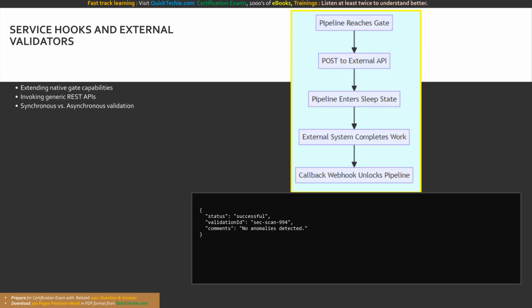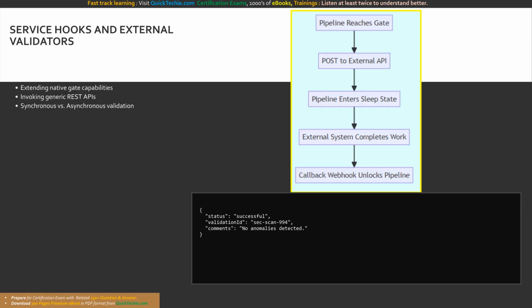It is crucial to understand the distinction between synchronous and asynchronous validation in this context. A synchronous gate makes an API call and expects an immediate HTTP 200 success response to proceed. Conversely, an asynchronous gate sends a request and then gracefully enters a pause state, awaiting a distinct callback webhook from the external system hours or even days later. This advanced asynchronous architecture is vital for processes requiring prolonged data analysis, extensive physical hardware provisioning, or complex, multi-departmental security